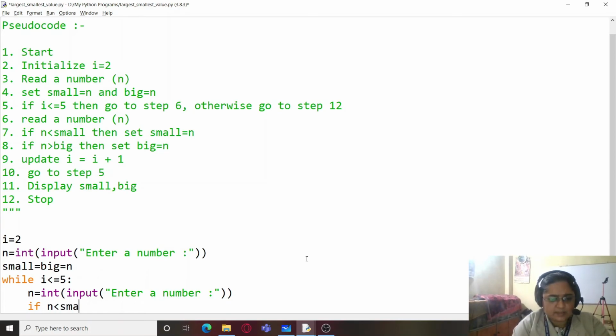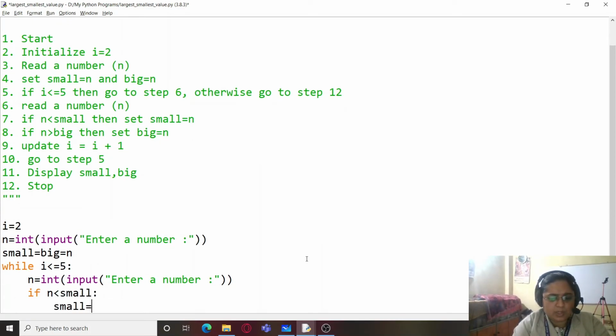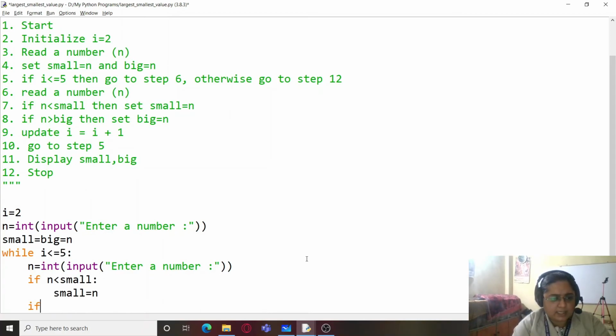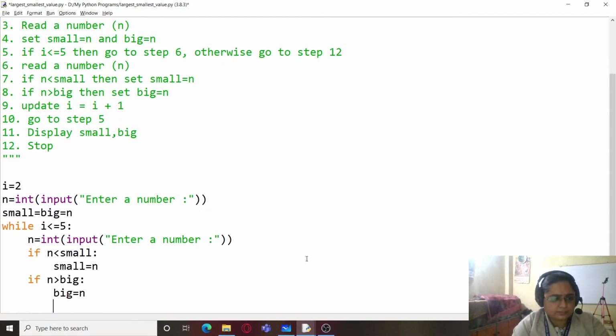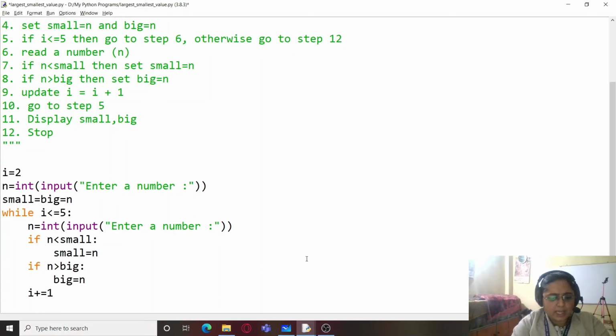If n is less than small, then small equals n, and if n is greater than big, then big is equal to n. Now over here I have not used if elif condition, right? Because I have to check all the numbers thoroughly, right? So after doing this, update expression I plus equal to 1, and this will go back to checking the condition, and once the loop terminates, I will print